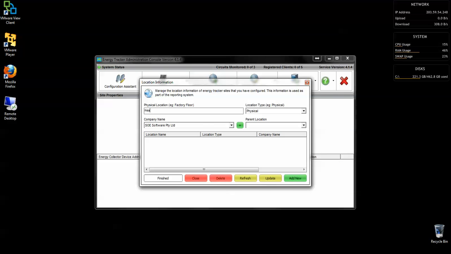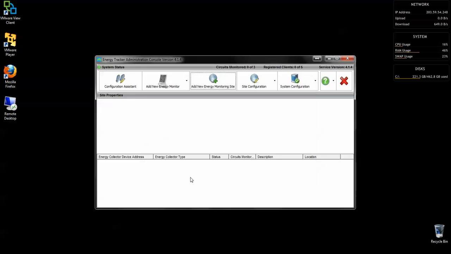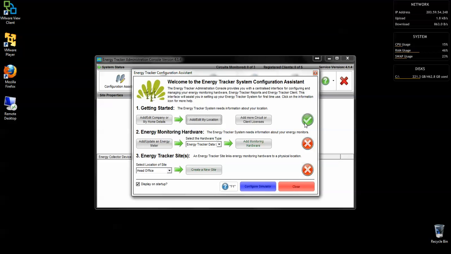Here we are in our head office. It's a physical location. If we had multiple company names, we could associate the location with the company name. We don't need to worry about parent location, but parent location basically means you can set up a tree view of locations and companies if you had a much more complex environment. But for now this will do. We just have the one, our head office. You see we've got a green tick next to that one, so we move down to number 2,